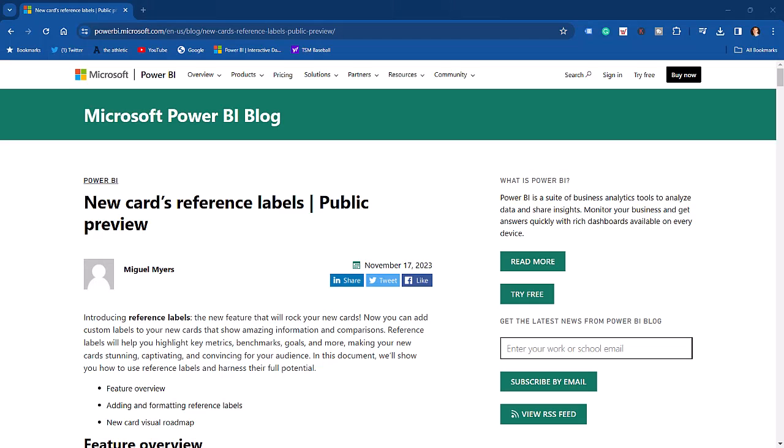Back in Power BI, we continue along with our visualization series. This time around, we are going to take a look at the new card reference label. This was announced in November of 2023. It is relatively new, and if you have not used the new card visual, it is still in preview mode. I will show you how to get that into Power BI and then show you some of the new card